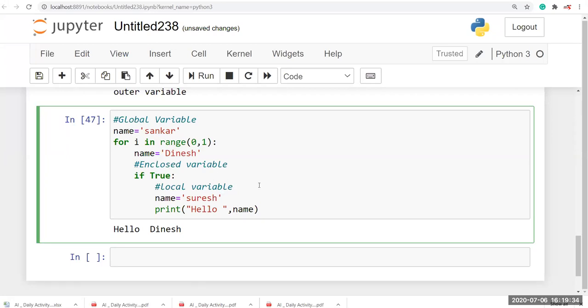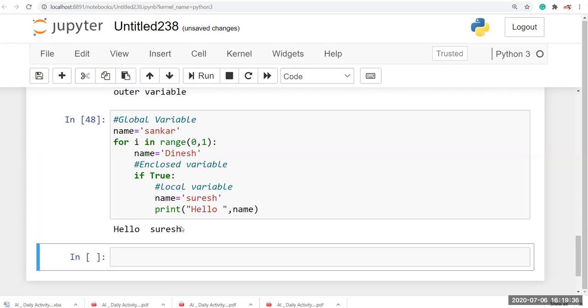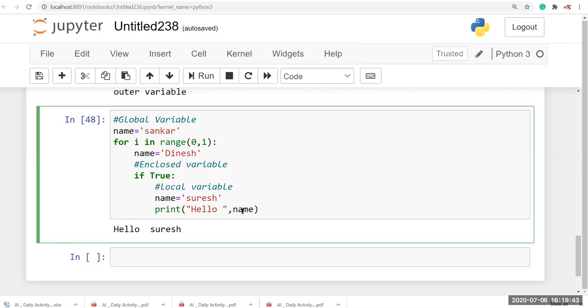Okay, so now I'm going to run this. Now you can see here, first it checks the local variable, which is near to it. So it checks a name, and here we have name equal to Suresh, and it prints hello Suresh. Okay, so now I'm going to change this declaration into a comment.